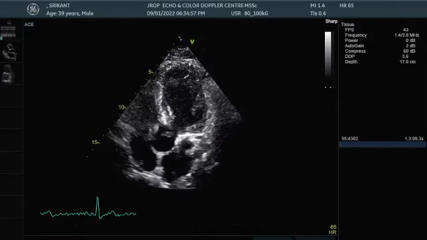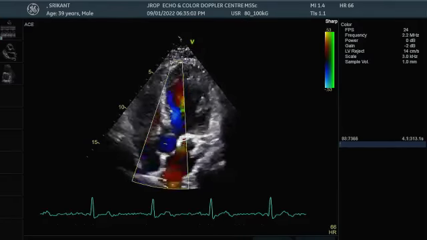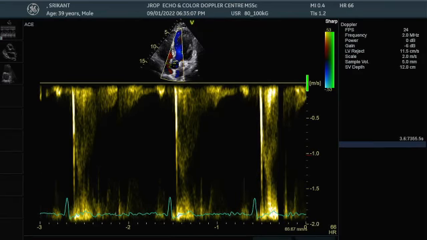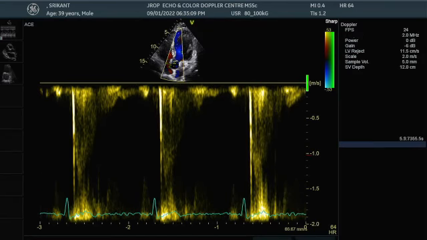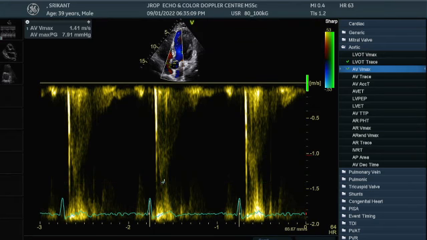Then next comes the aortic valve VTI. Now my cursor will go distal to the leaflets to take the aortic valve VTI. Look, the spectrum has changed, but the velocity is reasonably normal. Why do we say reasonably normal? Let's measure the velocity, 1.4 meters per second. So maximum velocity across aortic valve is 1.7. Half of that is pulmonary. Maximum velocity across mitral valve is 1.3. Half of that is almost tricuspid.